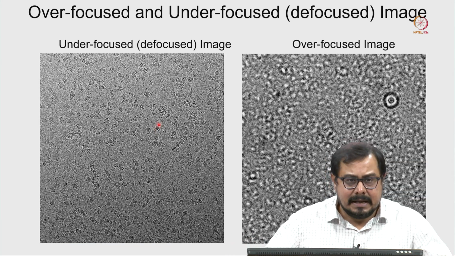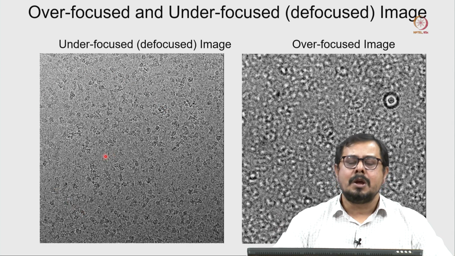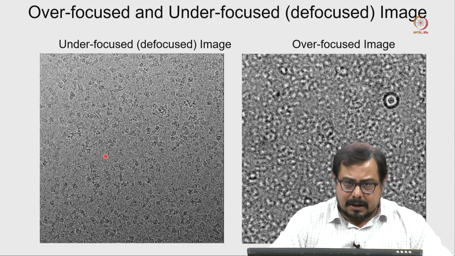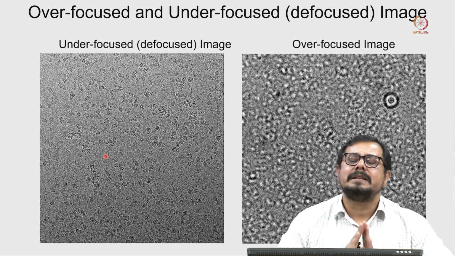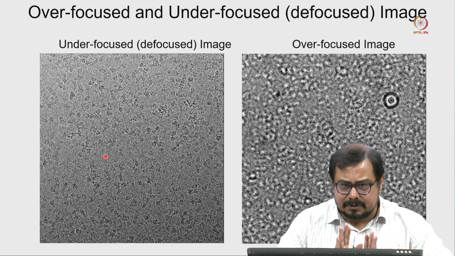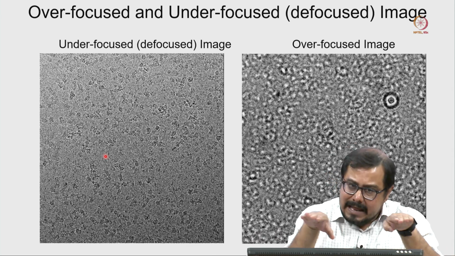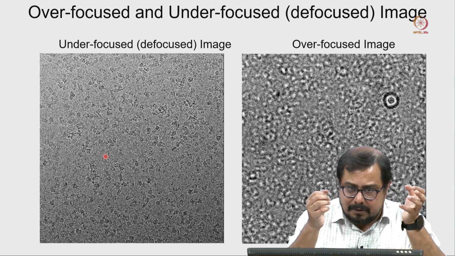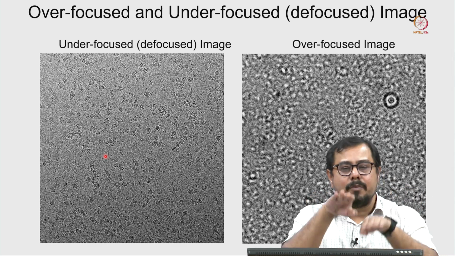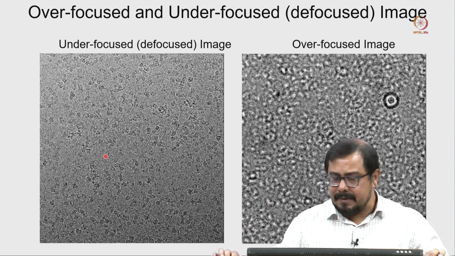So if you come here, this is a cryo image. With a cryo image, there is one more condition you should remember. I discussed a little bit about cryo-electron microscopy. In cryo-electron microscopy, we are not using any staining solution. Your sample will stay in a normal buffer solution, either phosphate buffer or Tris buffer or HEPES buffer, and the contrast between your sample or protein, whatever you consider, and your buffer is almost the same. So it will be very difficult to see if we image it in focus.